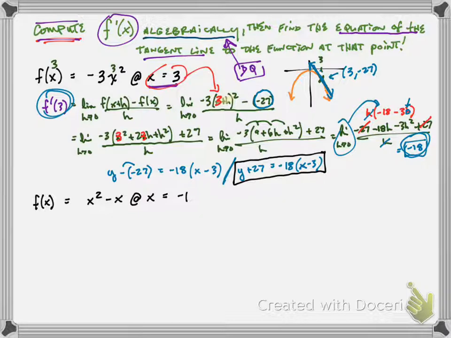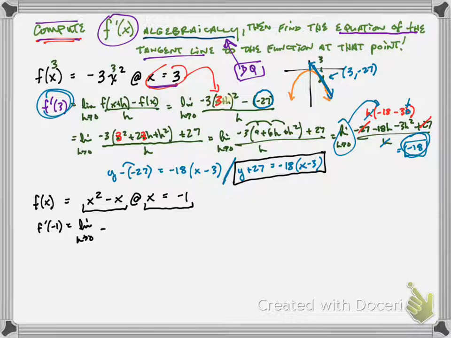For our next example, we've got f of x is equal to x squared minus x. And this time we're at x is equal to negative 1. Now I would encourage you to plot this curve and draw your tangent line just so that you know what's going on. But for the sake of time, so I don't have to pause and get out my calculator, let's go ahead and get to work on the limit definition of derivative. So we are looking for f prime of negative 1 first. F prime of negative 1 is the limit as h goes to 0